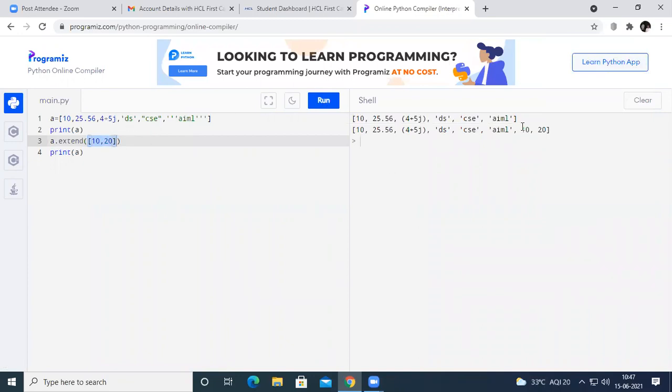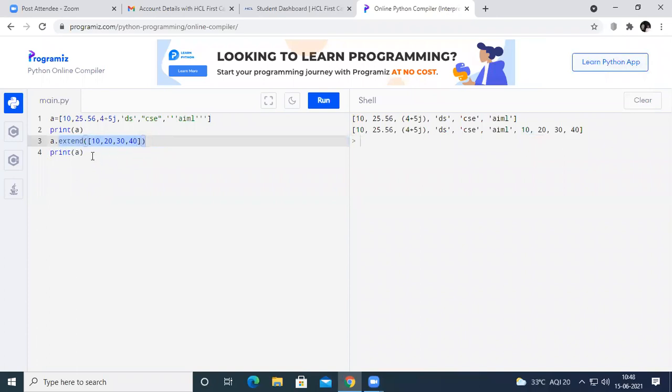The list has been updated with 2 values. If I provide a few more values, 30 comma 40, the list will be updated with 10, 20, 30, 40 because we used the extend function with these values.